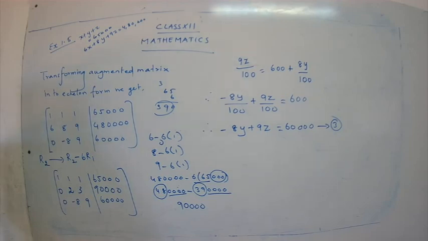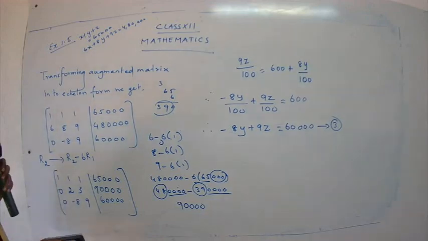So 9,000 is different, 90,000 is different, 90 is different, 9 is different, 900 is different, 9 lakh is different, 9 crore is different. So everything is different. So zero is very, very important. Zero plays a very, very important role. We cannot say that you are zero. Zero is a very valuable number. Okay. So we got the answer 0, 2, 3, 90,000.